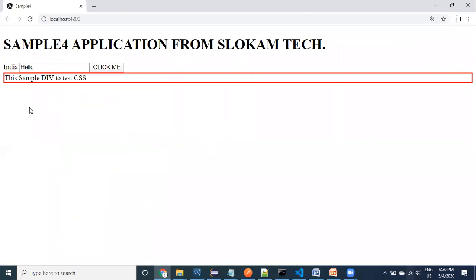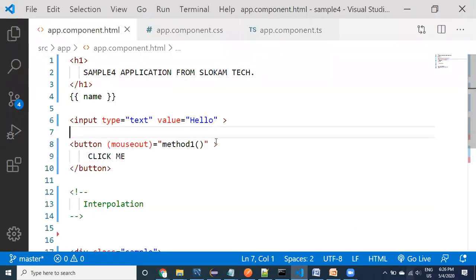Now my need is, listen carefully and remember this carefully guys. I would like to provide some text which is available in a property.